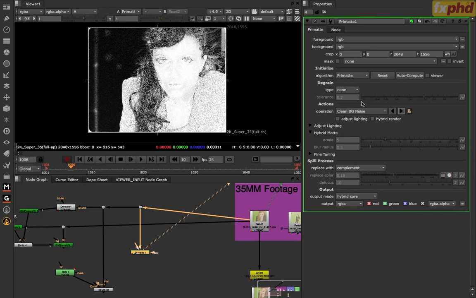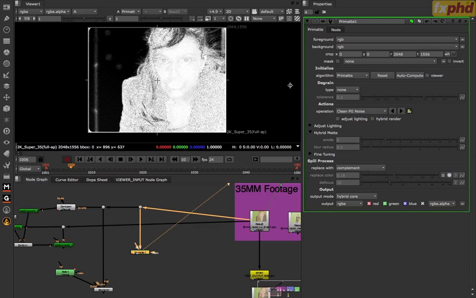And by the way, if you do make an adjustment and you need to go back, this arrow up here is the step backwards in Primatte, which you will find is pretty useful. So let's set this to clean foreground noise, and we know we want that. And actually, let's get rid of some of this other stuff in the background noise,